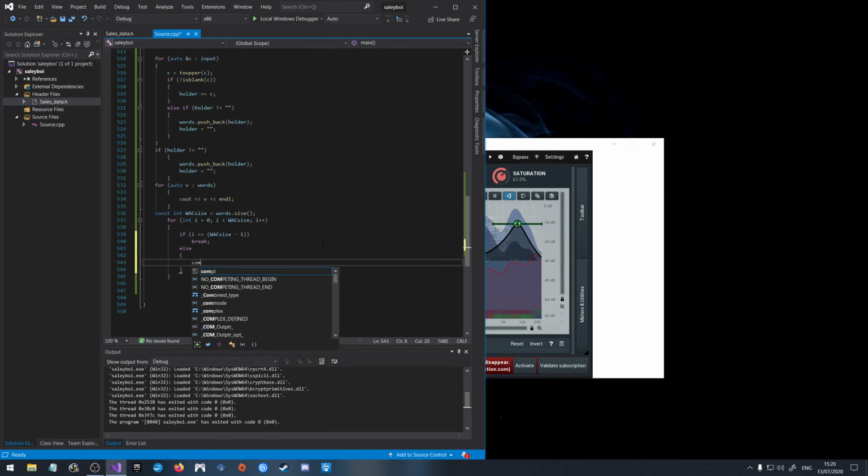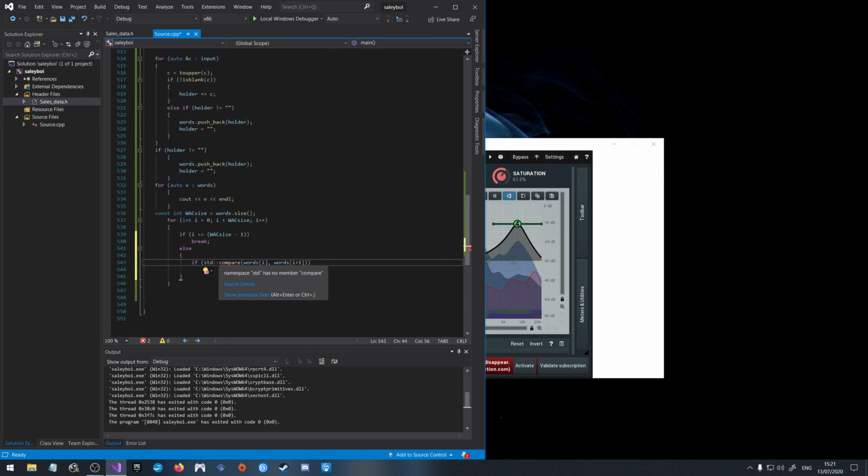I didn't. Okay, just this once. I hate you. Namespace standard has no member compare. Google, you have lied to me. I just don't want to write it out. I just don't want to do the character shit. In fact, this might be an excellent